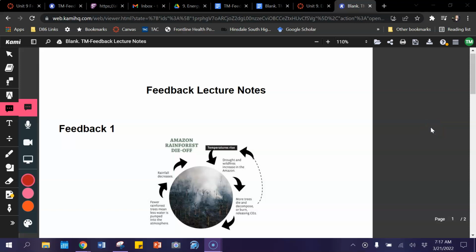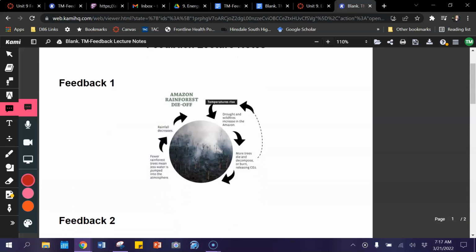Hello, chemistry students. What we're going to talk about today is something called feedback. There are basically two kinds of feedback, and each of them has two different names. Before we get into those details, the first thing I want to do is have you study these two